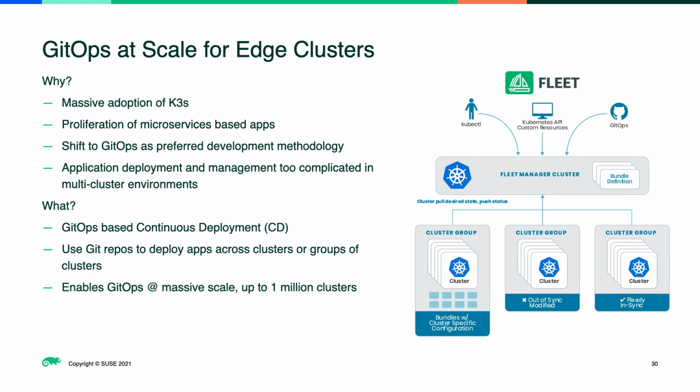K3s runs on different platforms, as long as the binary is supported, like x86, ARM. You don't need data center type servers to run it. You can run it on very low-spec machines, like a Raspberry Pi. And at the same time, you can combine it with Fleet or GitOps or any other Rancher feature for doing applications and Kubernetes lifecycle management. So it's very fast to stand up. You can very quickly have thousands of them created and then manage them all with Rancher.